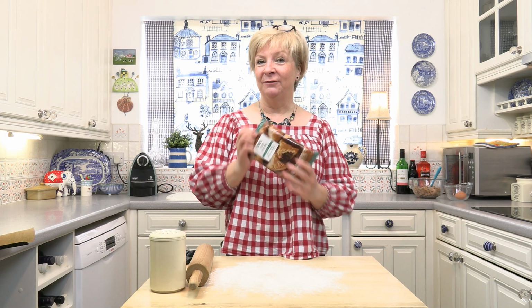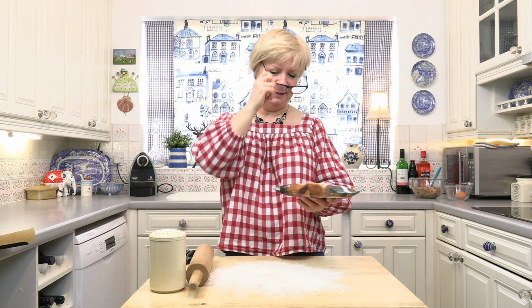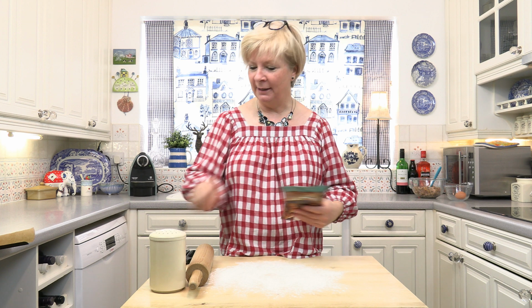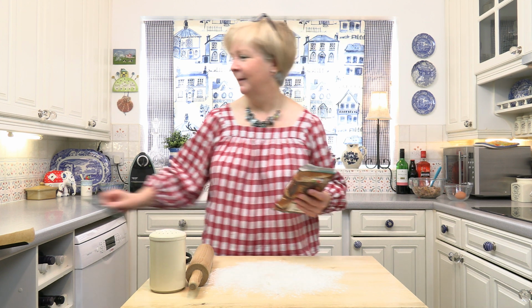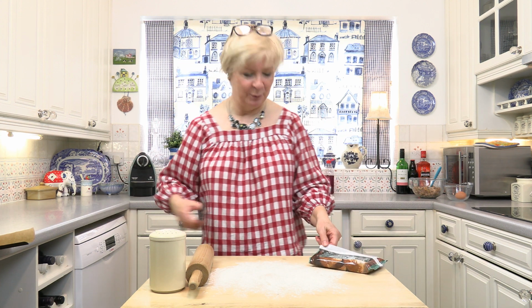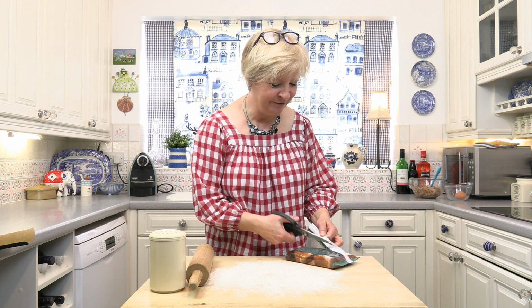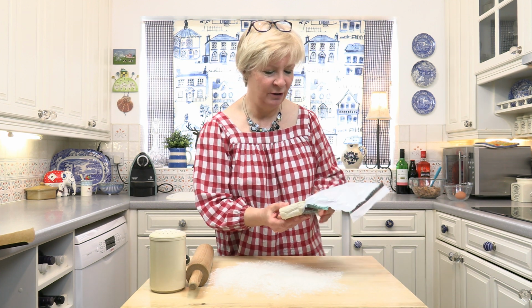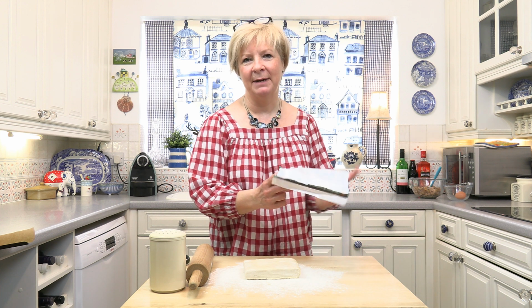For the sausage rolls, I've just bought an ordinary 500 grams of puff pastry from the supermarket. If you're feeling that you want to fill some time, you can make it yourself, but most people buy it. Even all the cooks on the telly have puff pastry in their freezers, and it's a brilliant thing just to keep there. Because you never know, it could go on a pie. Brilliant stuff. It takes ages to make yourself, but